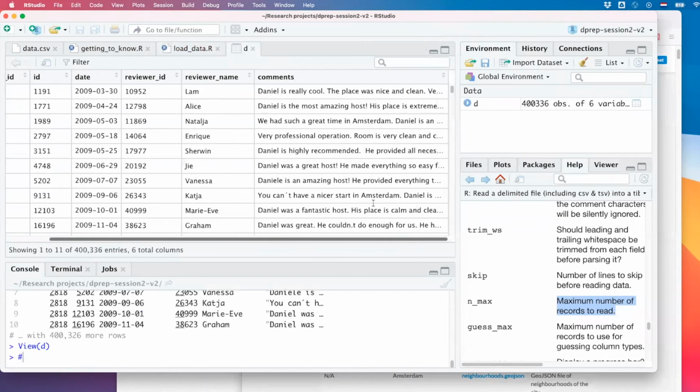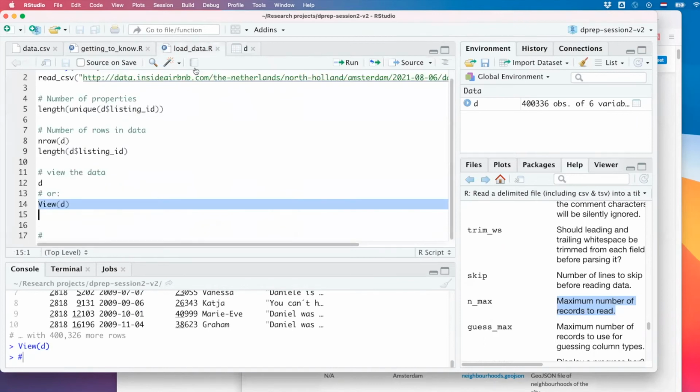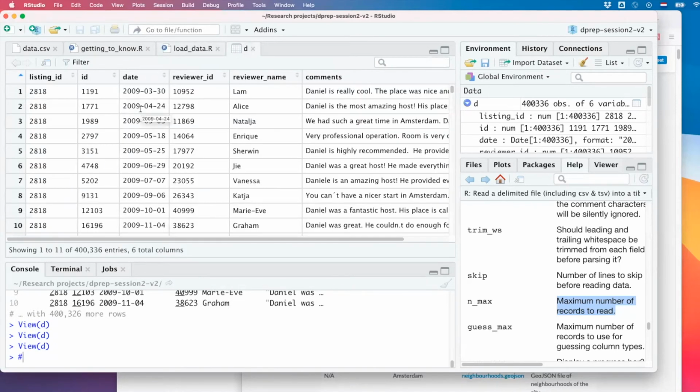You can go right, and okay, so you got comments, and your review name, and review ID. All right, that's interesting. An alternative way to get to the same view is to click on this data, and it opens up.